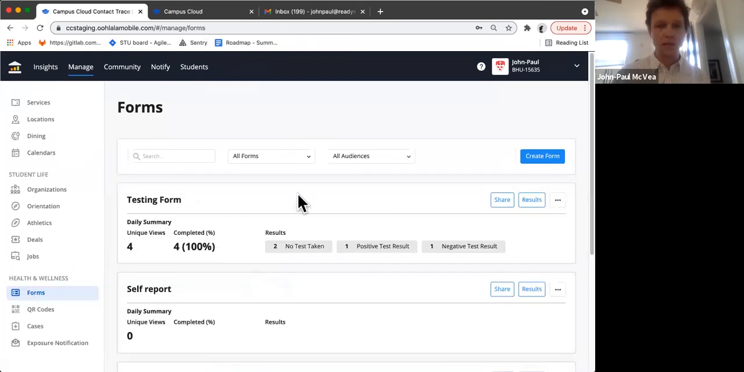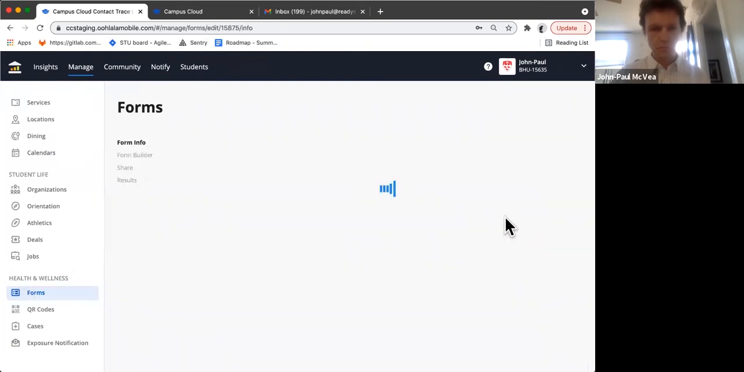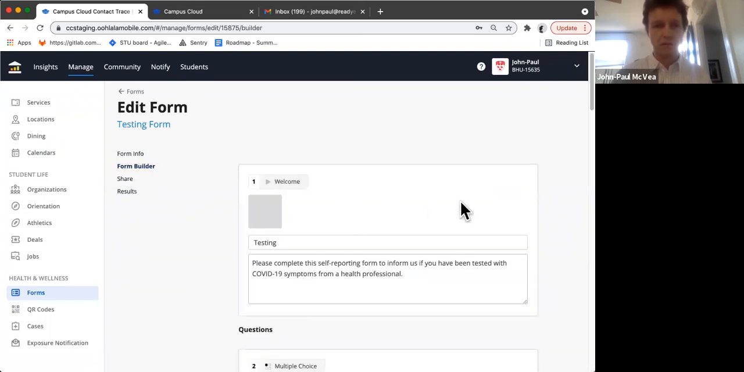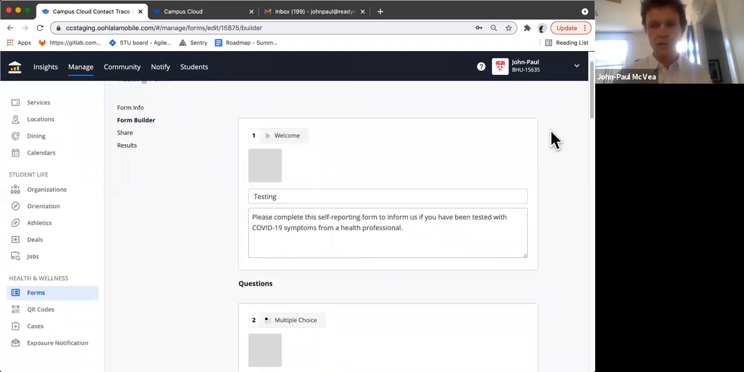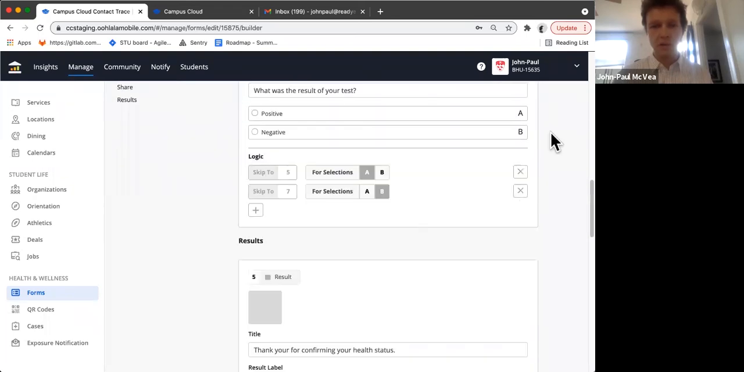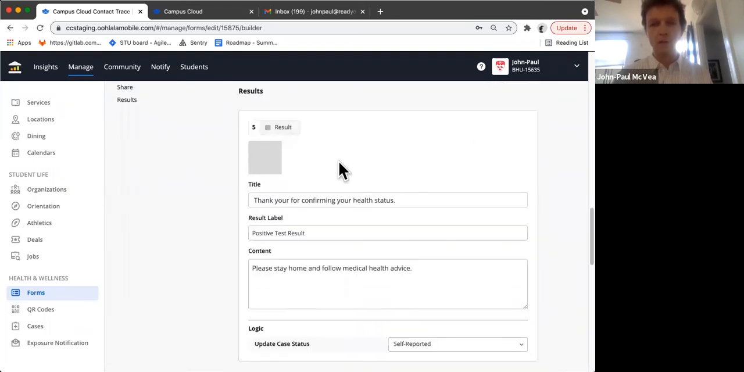So let's look at our testing form. We'll look at the form builder for this form. You can see here, these are the questions that make up the form. And if we scroll down to the results, you can see here I have 3 different results. And here you can see this form uses logic. So for example, if I take a path through the form that lands me on this result number 5, which is a positive test result,